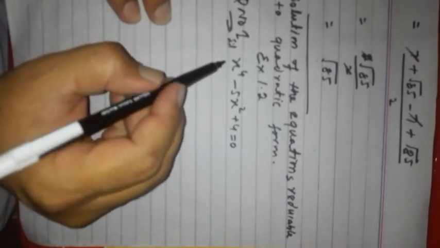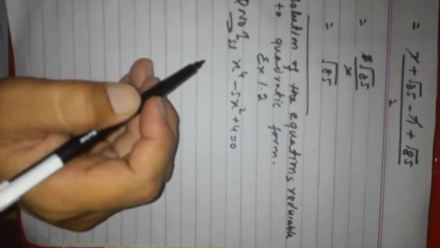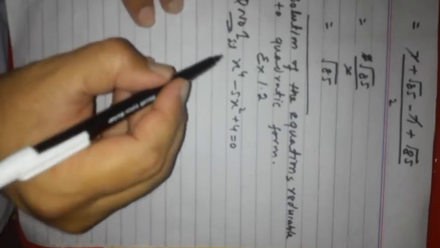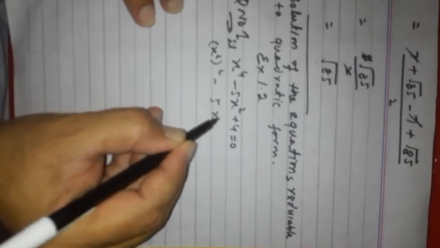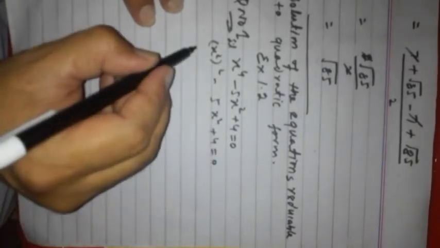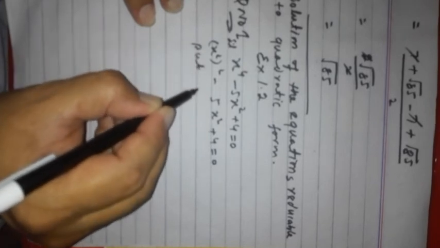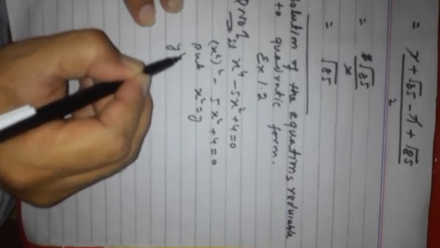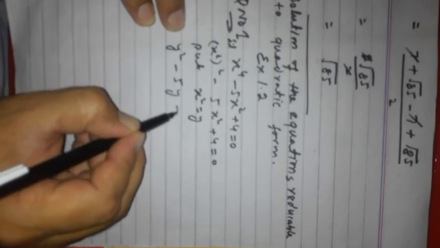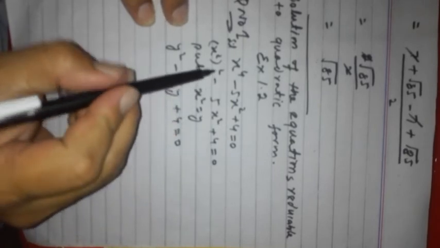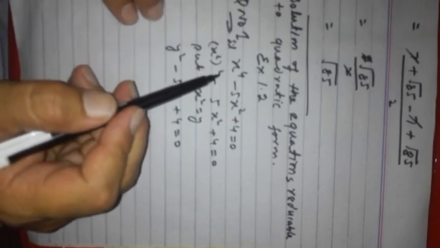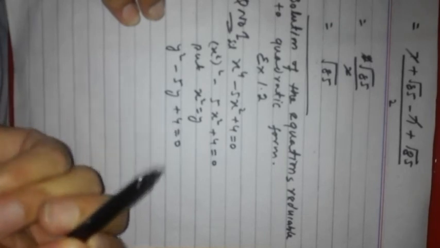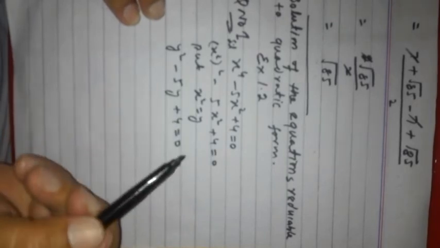Solution. We can write this x power 4 as x square whole square minus 5x square plus 4 equals to 0. Now put x square is equal to y. So we can write it y square minus 5y plus 4 equals to 0. Look, this biquadratic equation has changed into a quadratic equation, and now we will solve it by factorization or by quadratic formula or